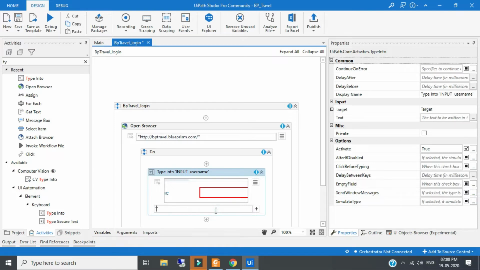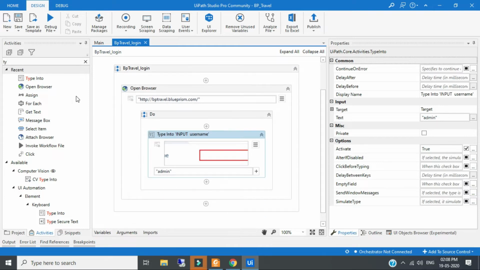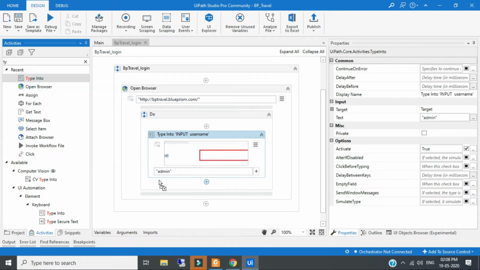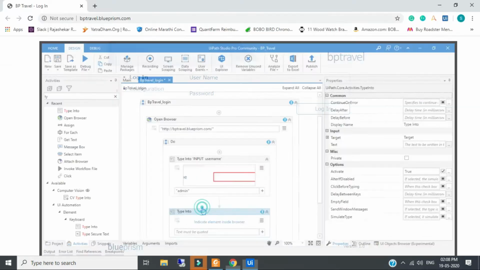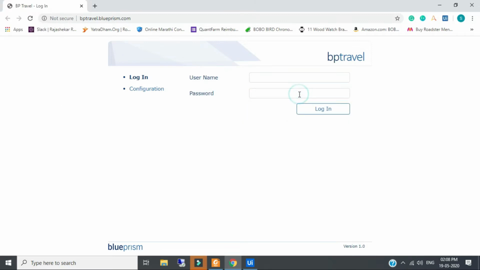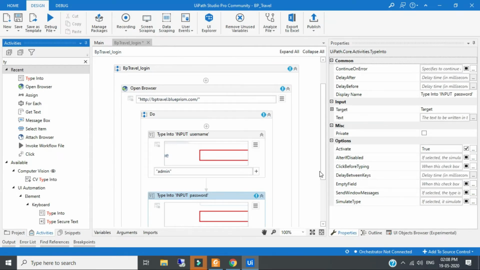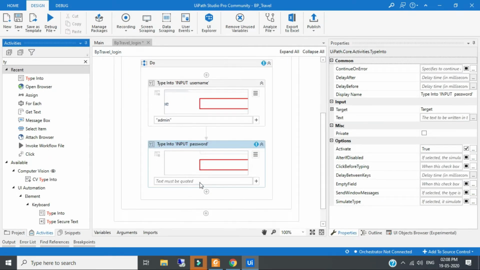What is my username? That is admin. For the password field I will take another type into, indicate the password field here, and my password is also admin. I will give it in double quotes because it is in string format. So don't forget to give double quotes.